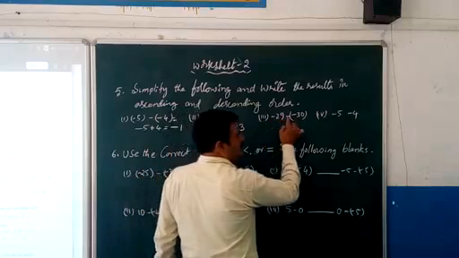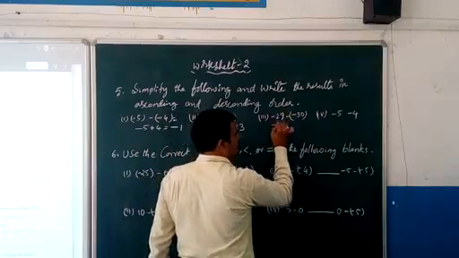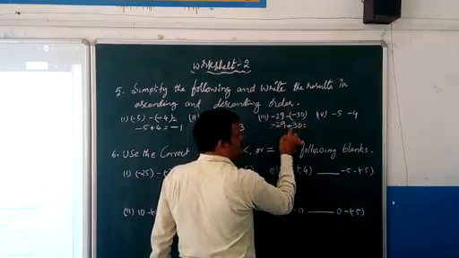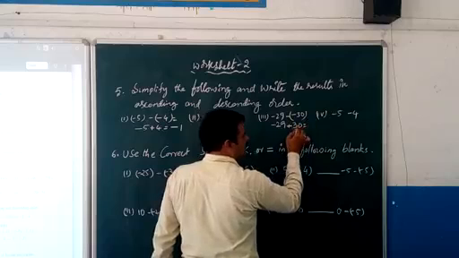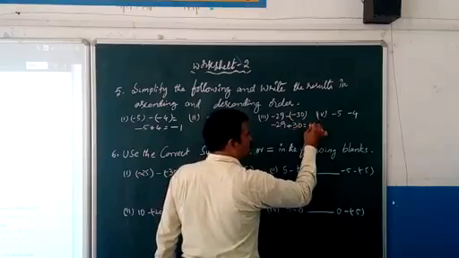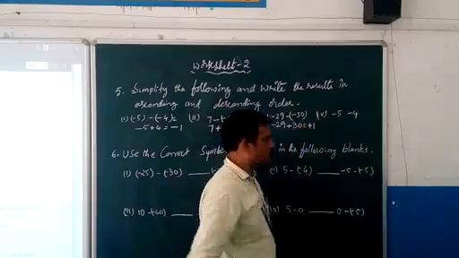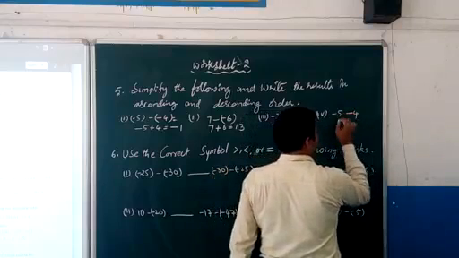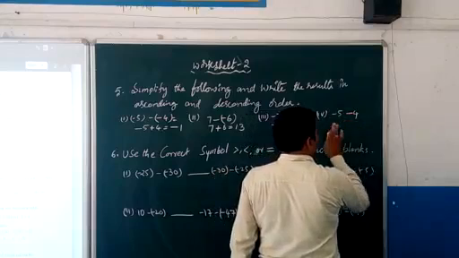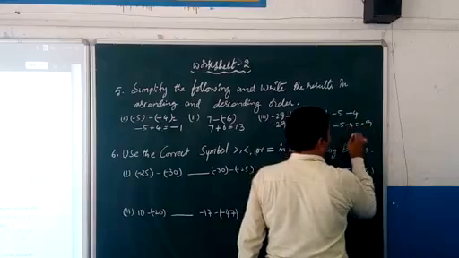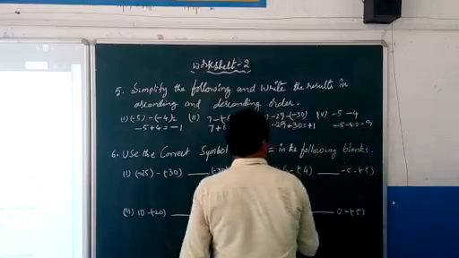And minus 29 minus of minus 30, minus 29 plus 30. Since both of them are opposite signs, the greater value sign will come, that is plus, and it is more by one value, so you can write 1 here. And here minus 4, minus 5, minus 4, both of them are same signs. So minus 5 minus 4 is equal to minus 9. So these are the values.